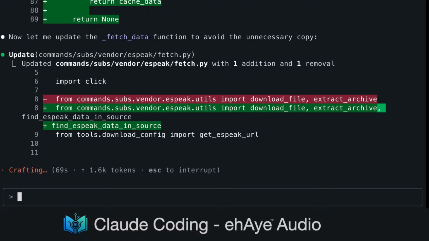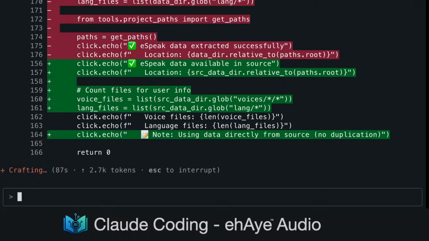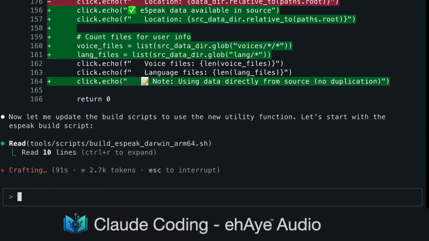Now let me update the fetch data function to avoid the unnecessary copy. Now let me update the build scripts to use the new utility function. Let's start with the SBIC build script.